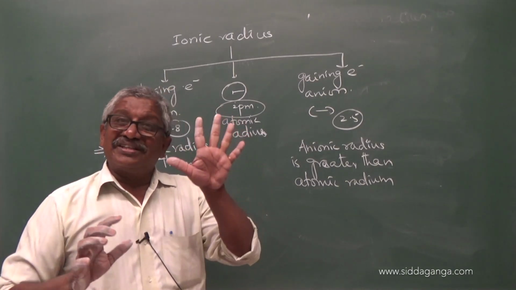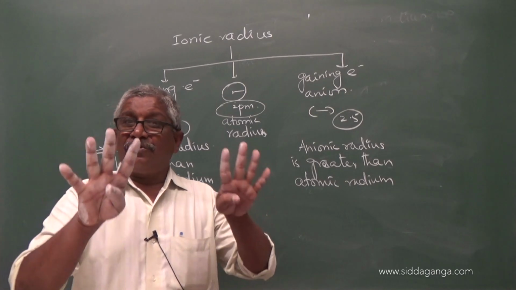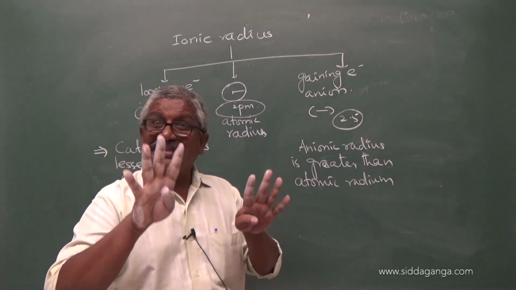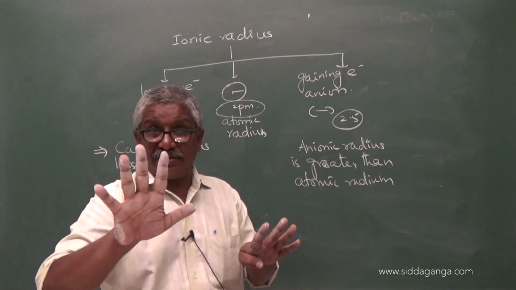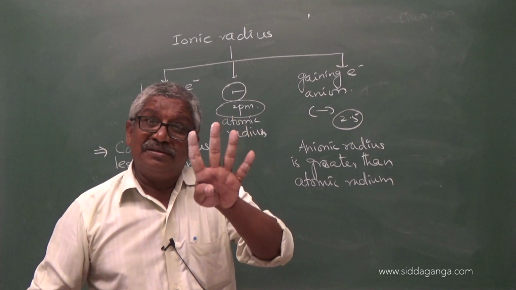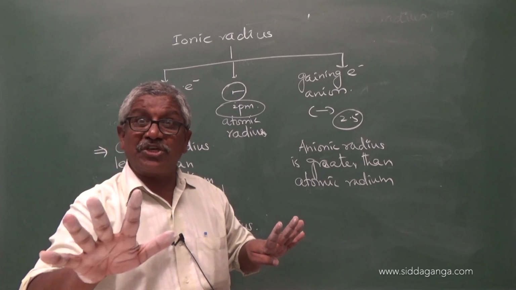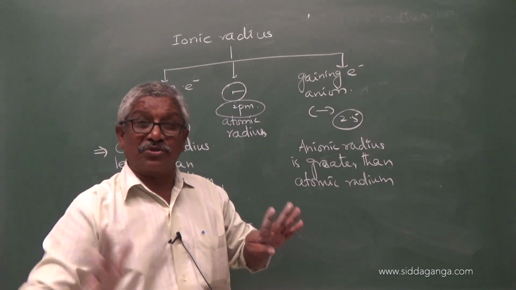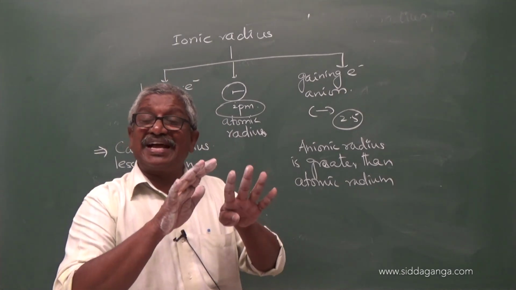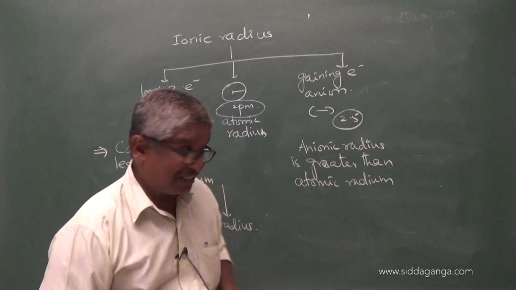Okay. Now we will take an atom with atomic number 4. That means the atom has 4 protons and 4 electrons. Now that same atom gains 1 electron, only as an example. Then the proton number is 4 and the electron number is 5. Electron is a negative charge. Negative charge power is more than the positive charge. That means nuclear force of attraction decreases, and the ionic radius increases.